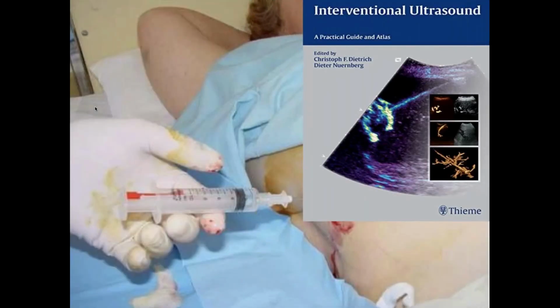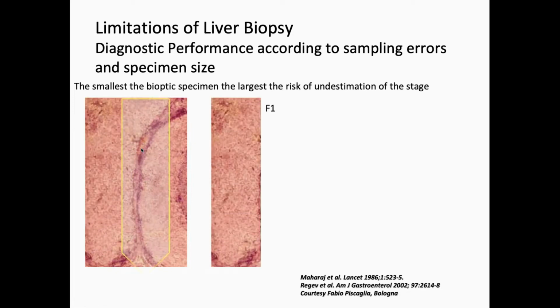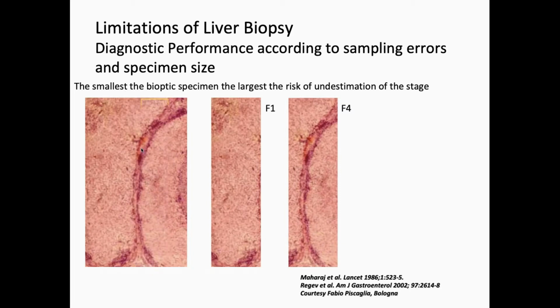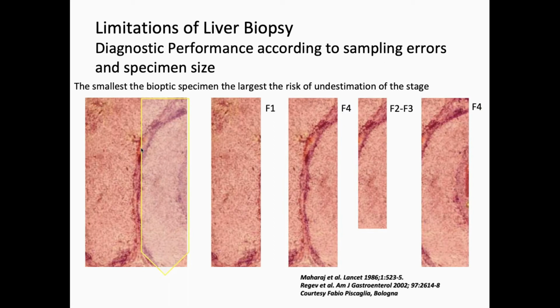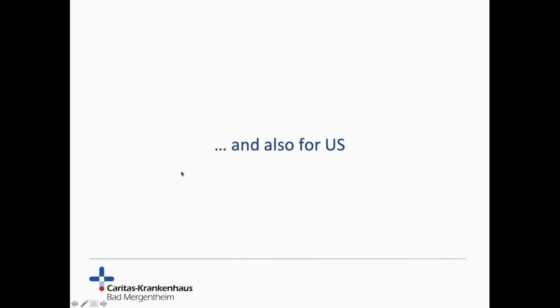As you can see here, using a liver biopsy, the biopsy can identify the fibrotic strand as shown here, or can go through the fibrotic strand and prove liver cirrhosis, or can hit parts of the fibrotic strand, and therefore histology may show liver cirrhosis if the fibrotic strand is hit, or it can even show pretty normal liver parenchyma